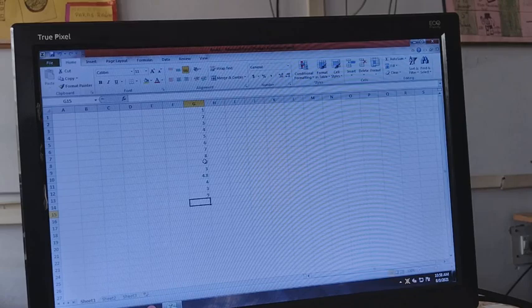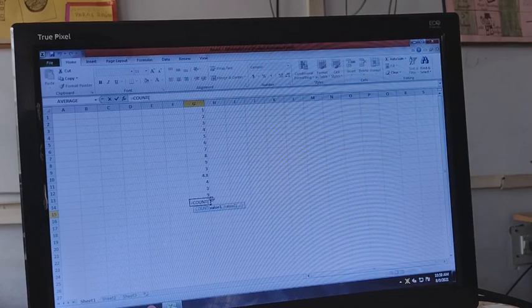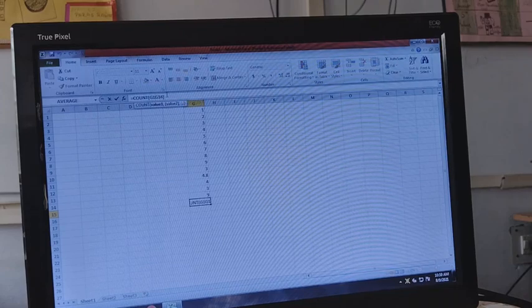For count, you have to write equals to first, then count, then value 1, and comma value 2. As I have used the comma, it has given us only 2. So if we want to count each and every value, then we have to use a colon.